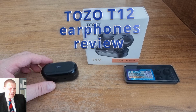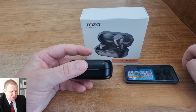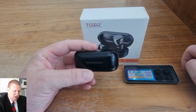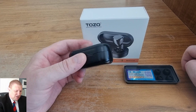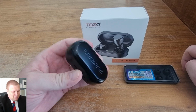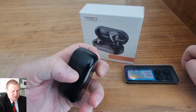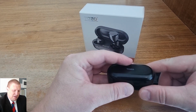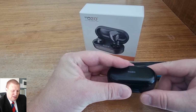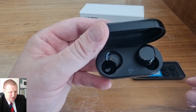Right, so let's begin with the Cradle. What I do like with this Cradle is it's really small. I have different earphones with a much bigger Cradle, which obviously has advantages and disadvantages, but this one is really small. And what I do like, once you open it, when you plug in the earphones,